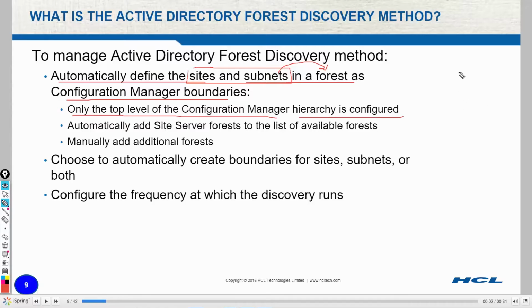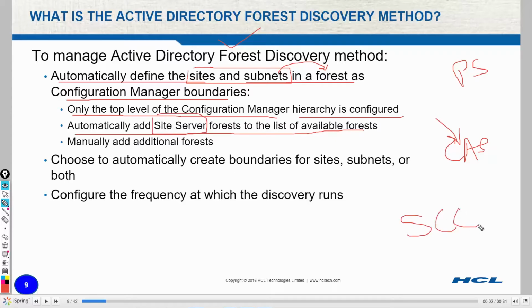So either your primary site, or if you have a central administration site, on that it will be configured to discover the AD forest. So it automatically adds the site server forest to the list of available forests. A site server is a machine installed with SCCM services. This question was also there yesterday.